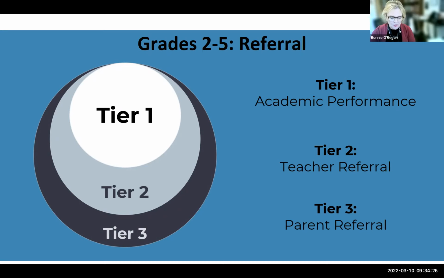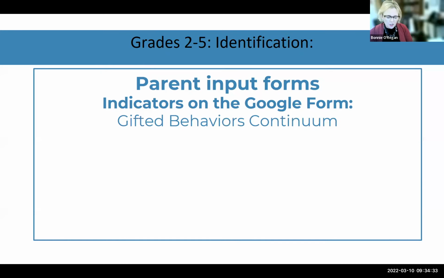The referral input form has been emailed to all parents in grades 2, 3, and 4 and can also be found on the district ALP website. On the parent input referral form, parents are asked to rate the frequency of observations on 5 behavioral characteristics and provide examples. A bit more about the form. The questions are based off the gifted behaviors continuum. This continuum compiles information on traits in 4 categories: cognitive, creative, affective, and behavioral. These markers and the markers in these forms are among the many used in the identification process.